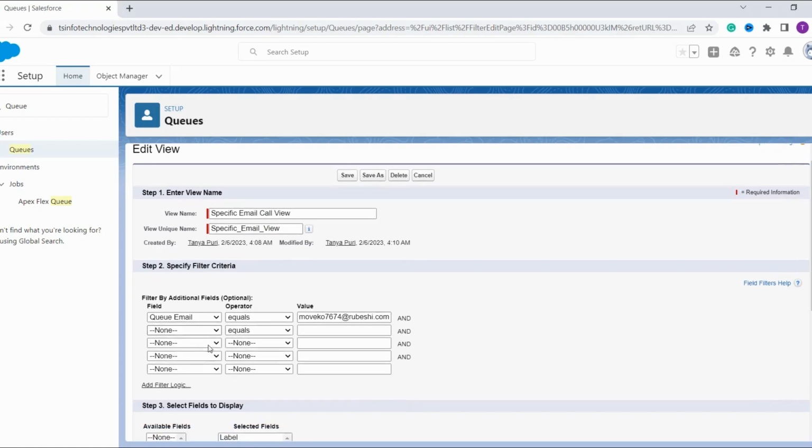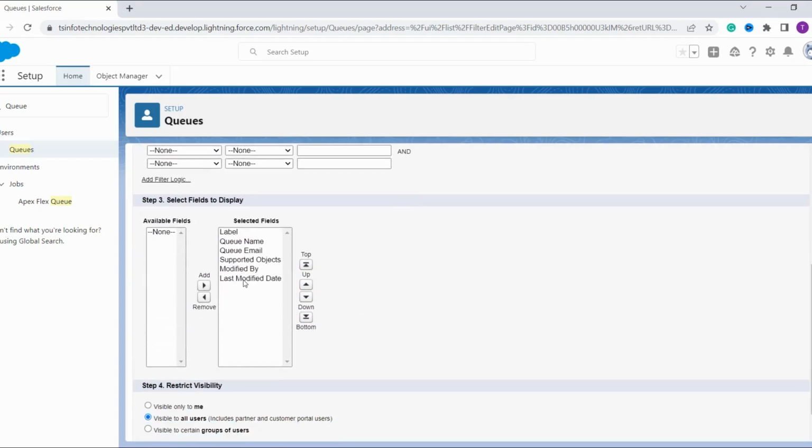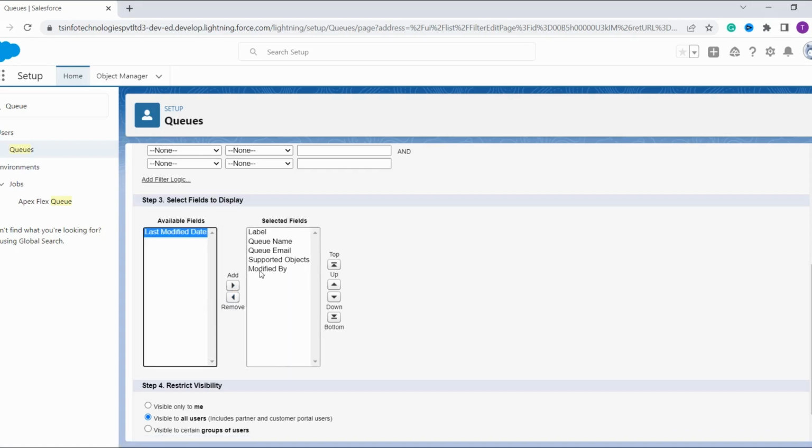I additionally want to add one more filter. So here I select the field queue name and I set the operator to equals. Now I have to enter a value. So I set it to call underscore queues. So it will show all the records that have this specific email ID and the queue name as call queue. I also want to remove this last modified date field and this last modified by field from the